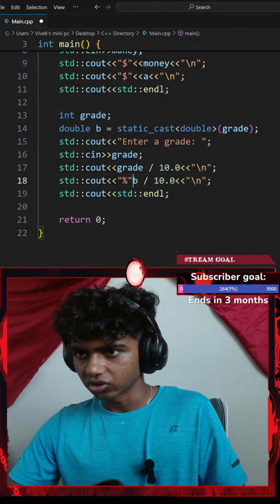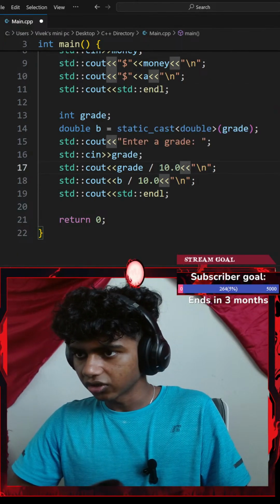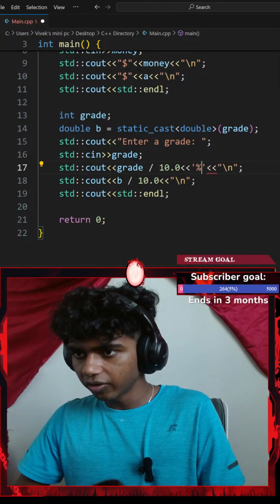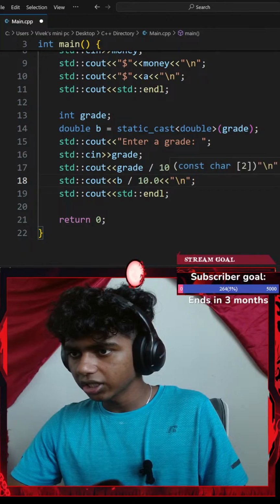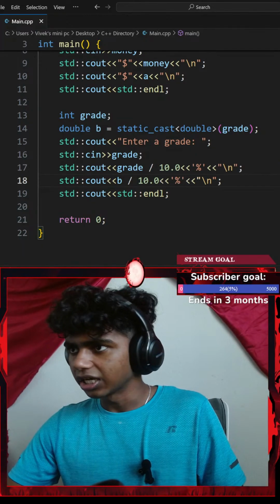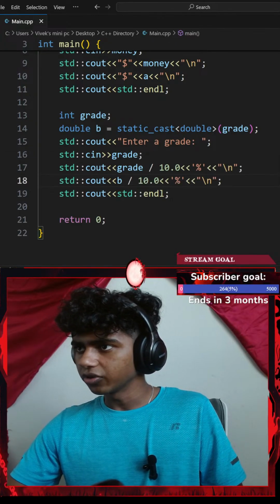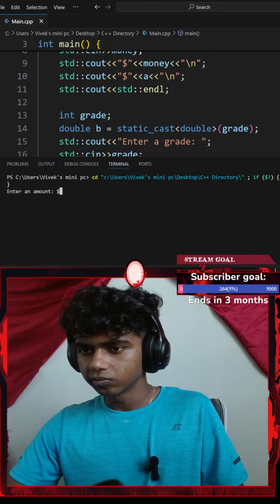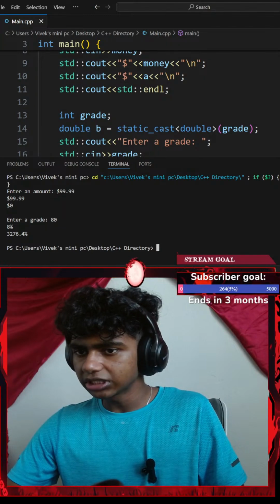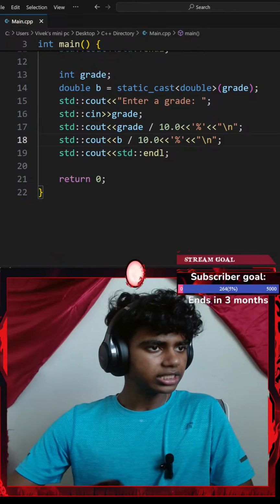Let's just go with a bunch of Control Z's. Okay, let me add my percent sign after this, right here. So an insertion operator of a percent sign. Add that here as well. Okay, an insertion operator of my percent sign. Although I feel this looks kind of wrong. Okay, let me clear the terminal. Okay, so 99.99, 80. That's 8%. Okay, let's see the last question.